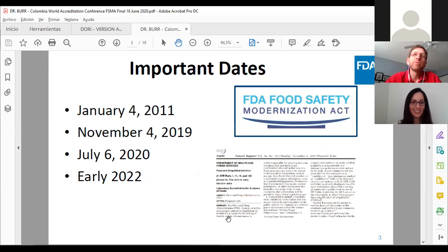So just a couple of important dates. January 4th, 2011, was the actual signing of the FSMA regulation. And our draft regulation came out on November 4th, 2019. Obviously, there are a lot of years in between the enactment of the act and when we were able to publish. But as Dory presented on the third party program, there were a number of FSMA regulations that were higher in the queue, and so as they continued to be rolled out, we continued our work. And so we finally put the draft out on the 4th of November 2019,